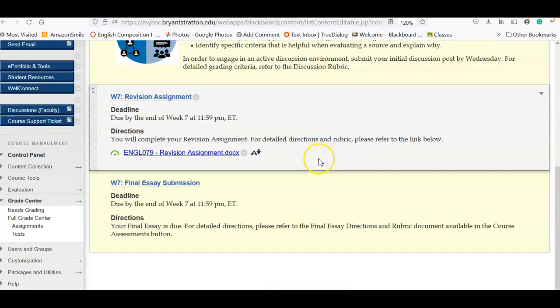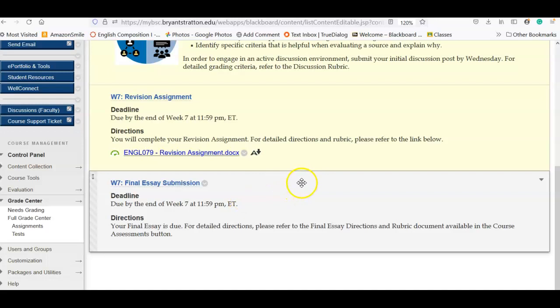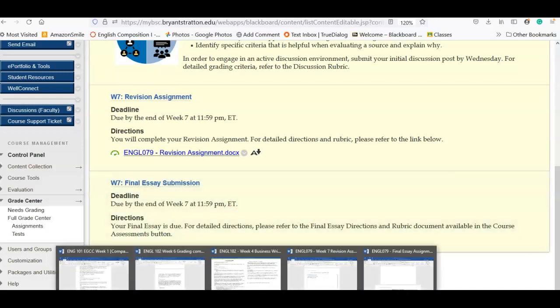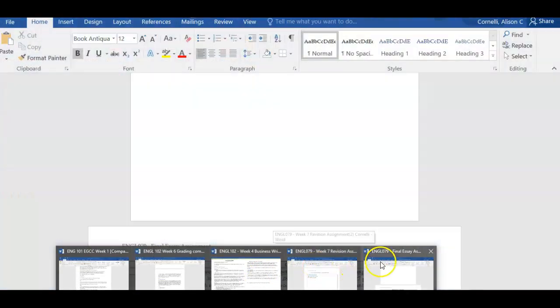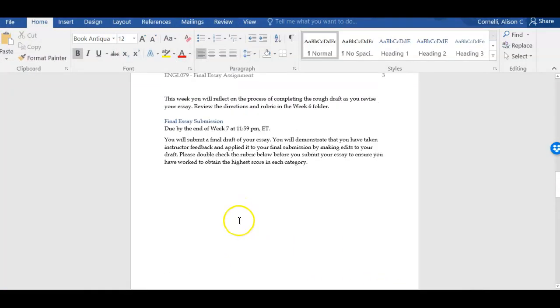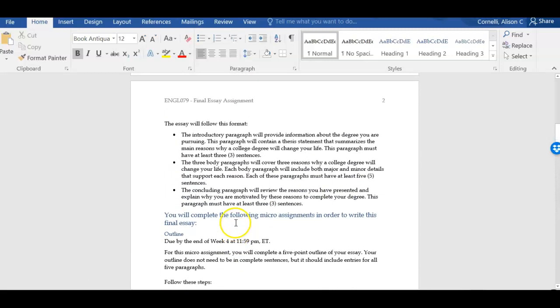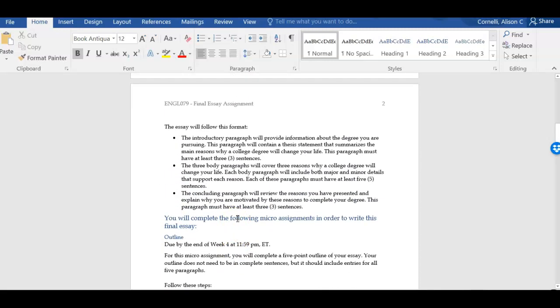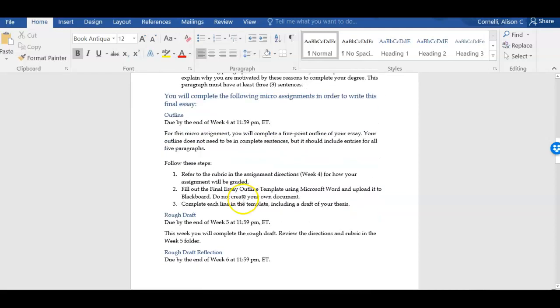So just a reminder, this final essay is what we started at the beginning of the class. We've had it broken down at all the different steps. Okay. So I just want to review that real quick. All the different steps that we have taken. And if you have not done these steps, you need to do that before you submit this final draft. And just be aware we're on a crunch time because we only have a few days left in the class. We have the rest of this week, and then next Monday, the assignment is due. So we don't have a lot of time.